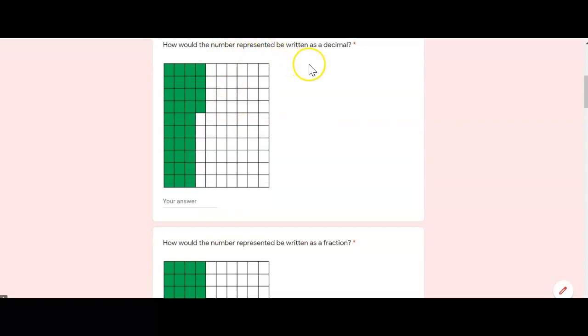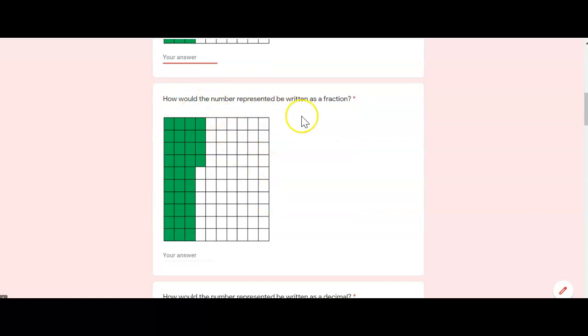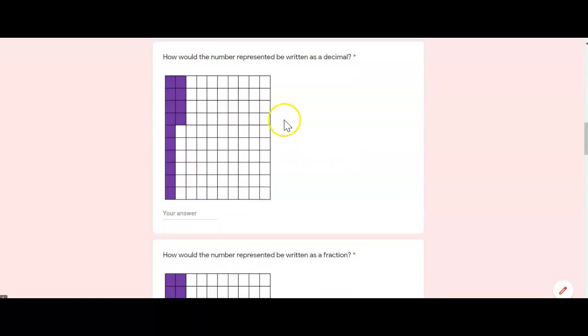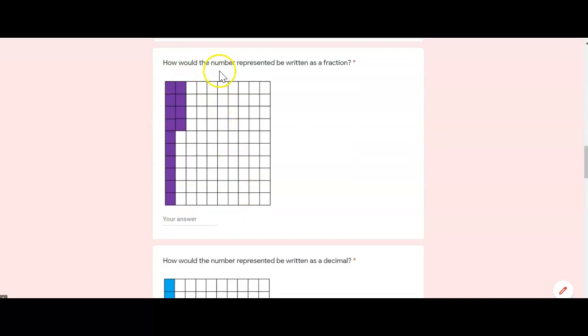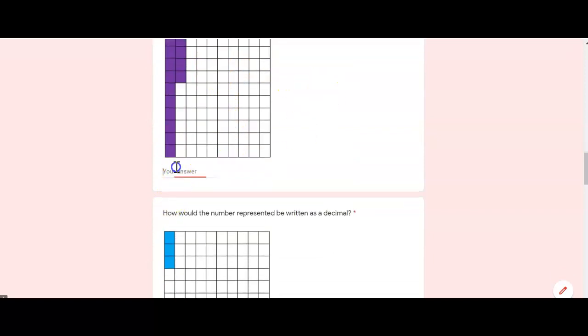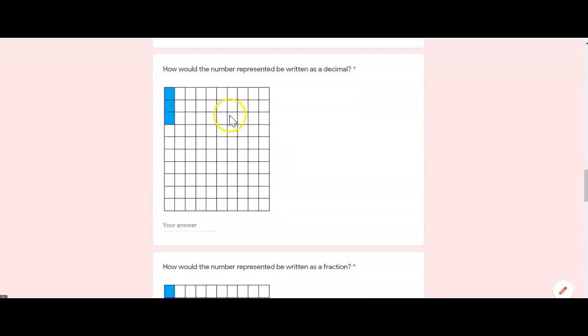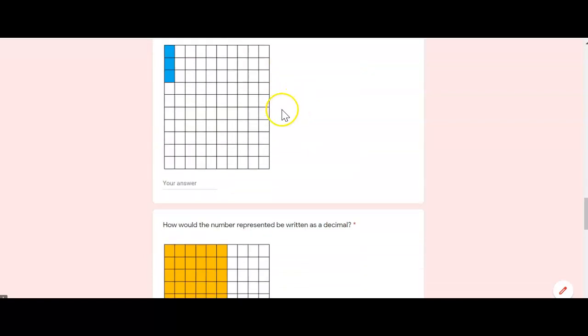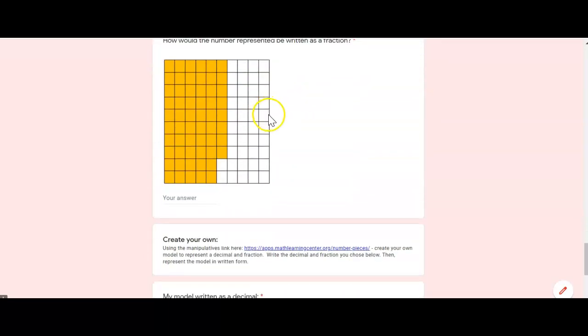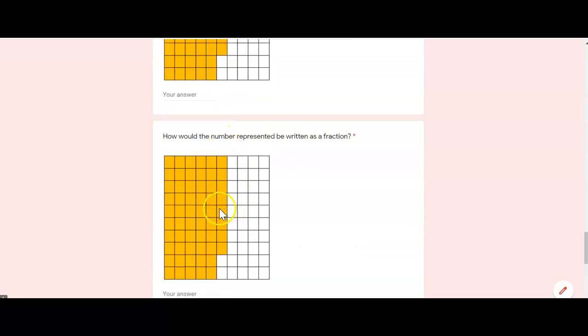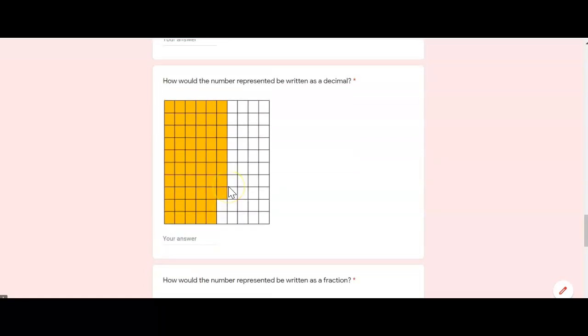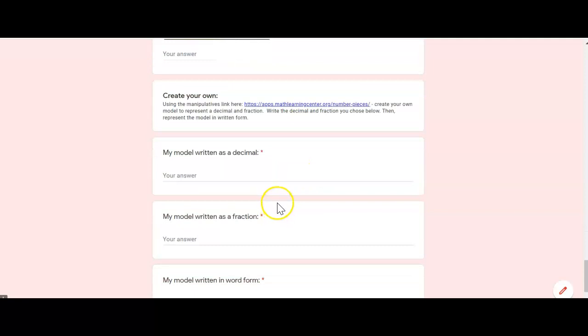How would the number represented be written as a decimal? You're going to write it right here, put your answer in. The next one, how would the number represented be written as a fraction? Put your answer right there. How would the number represented be written as a decimal? Put your answer right there. How would the number represented be written as a fraction? Put your answer in there. And I've got a couple more. So actually, it's just kind of all of them. Basically, you're just looking at the grid and you're determining how it would be represented either as a fraction or as a decimal. And once you do that,